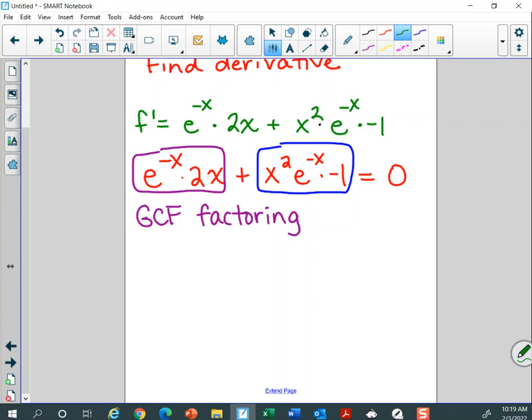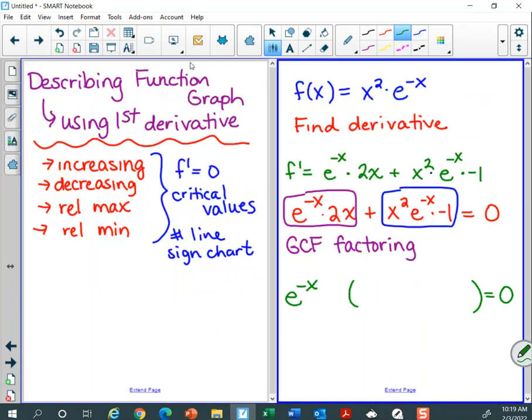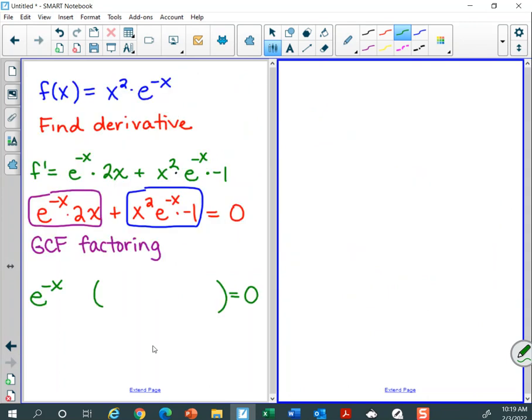And so here's what I see when I'm looking at common factors. They both have an e to the negative x. Okay. And so I'm going to put an e to the negative x on the outside of a set of parentheses. Now, before we go any further, I'm just going to stick with that part right now because, and this is just, I think it is totally psychological. You guys are going to go, what? Okay, but if I did this,